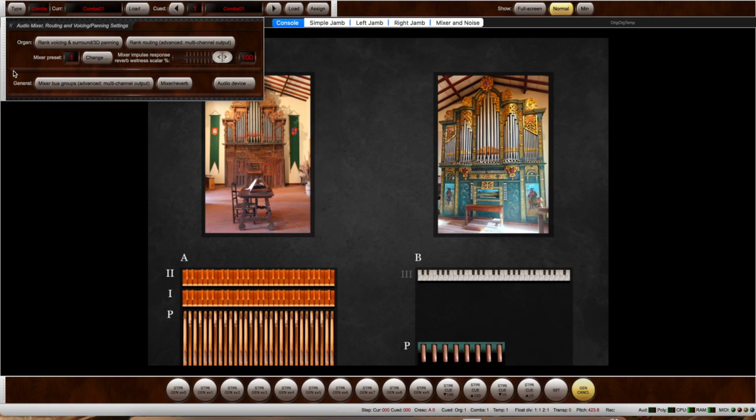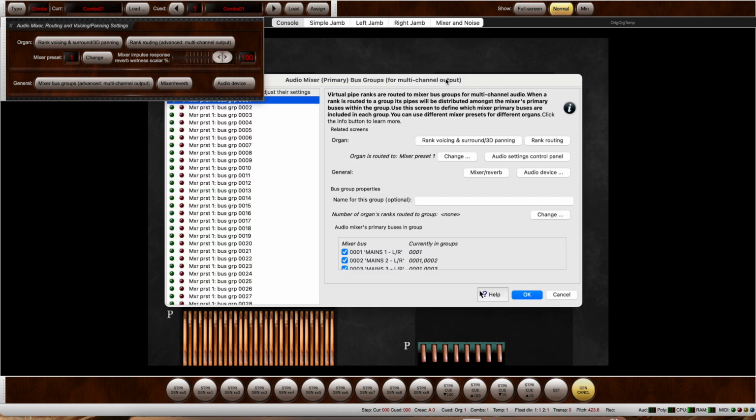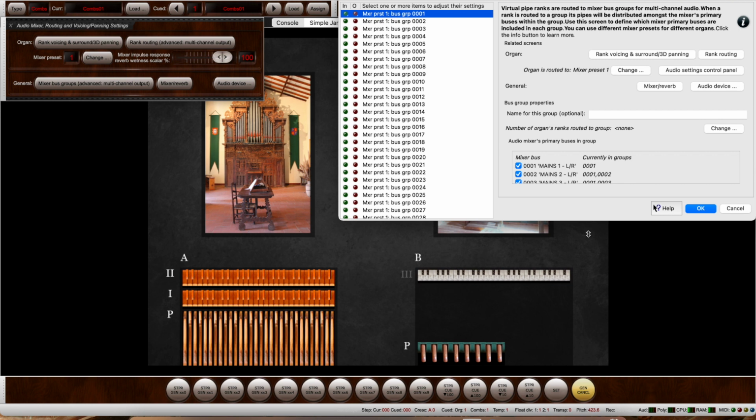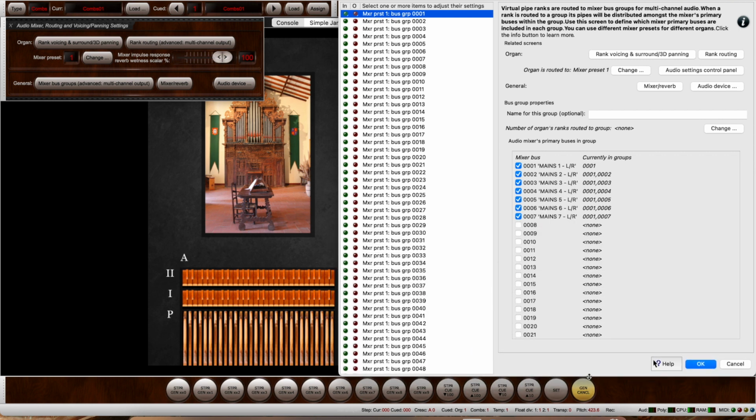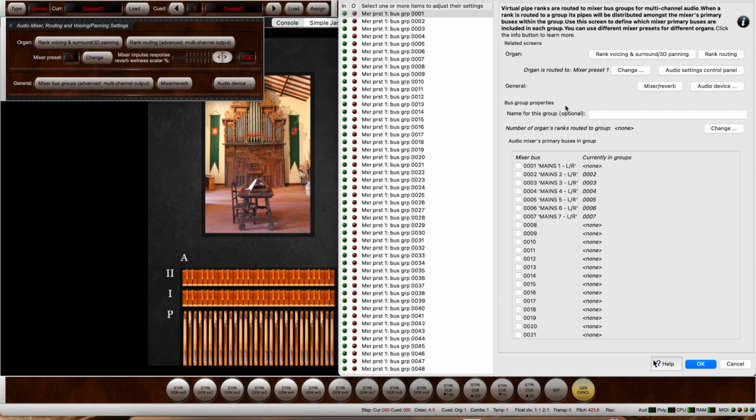Okay, now we are going to take a look at our third step, which is this mixer bus groups right here. It is in this section that I personally go about grouping various ranks or timbres, or maybe if you're in the theater organs, maybe this is where the percussions, or you would group the toys, or here's where you'd really start making groupings of voices. And you could write an entire dissertation on this subject here,